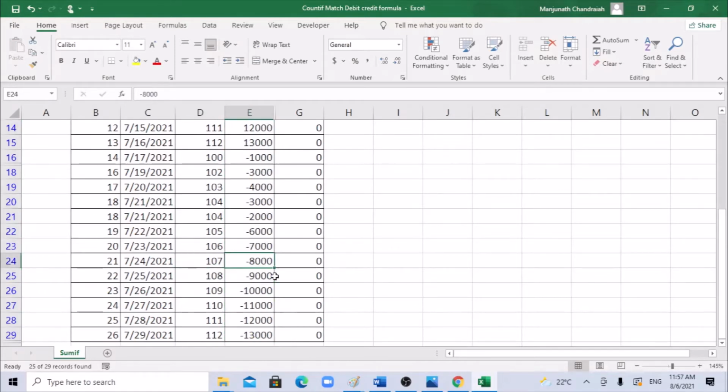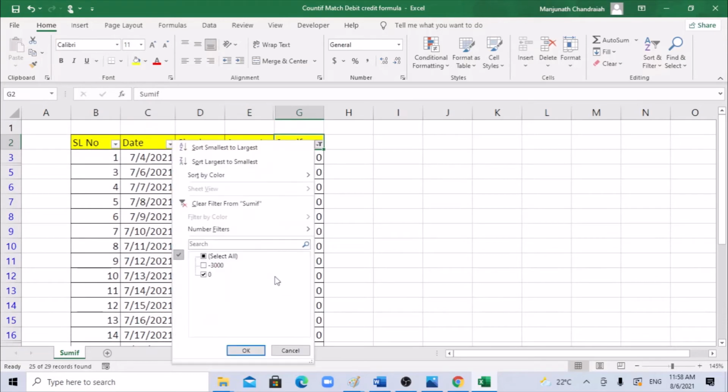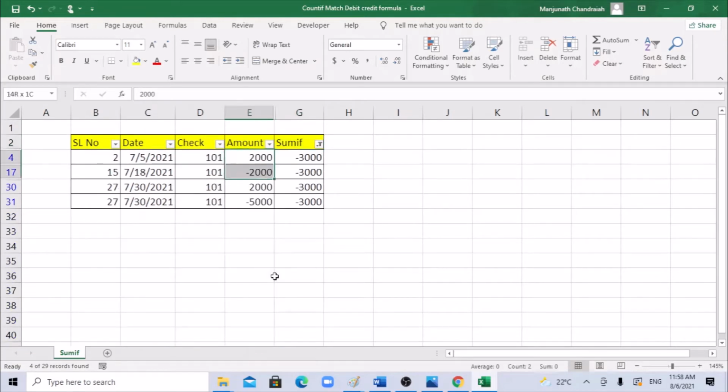Any check that has multiple line items which are not netting to 0 will show a value. If you used the COUNTIF, which I did in the previous session, the same debit and credit would have been knocked off, and they would have left with these line items.